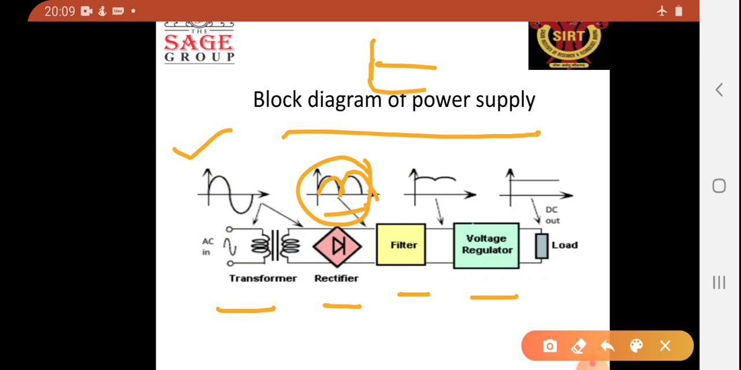So we have to filter out these AC components from the output of the rectifier. The output of the rectifier is connected to the filter circuit, and the function of the filter circuit is to filter out the AC components. Now the output of the filter is approximately pure DC power, but it is not constant. It fluctuates according to the input. So we have to regulate it because electronic devices operate on constant voltage. The output of the filter circuit goes to the voltage regulator, which provides the constant voltage